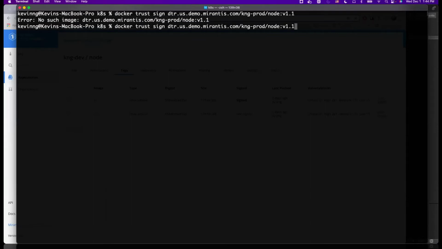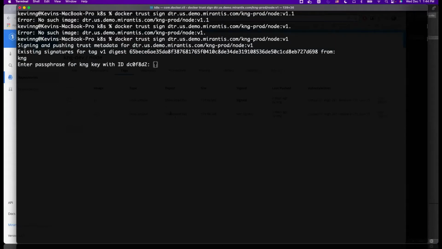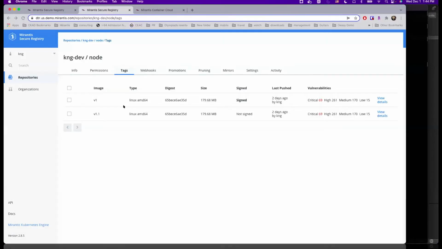As a signer, I can go ahead and sign my image. This will take a little while, I have to connect, and fingers crossed. Let me do version 1 instead, and I'm going to have to do this again. Here we go. So I'm missing a version. Here we go. Once I sign that, I'm going to put in my passwords so that no one else can act as me. And we've got a signed version of the image. I'm not going to sign my version 1.1. Let's use this one instead. The active signing means that I can control what goes into my environment.